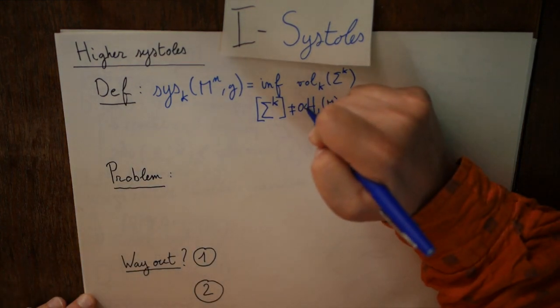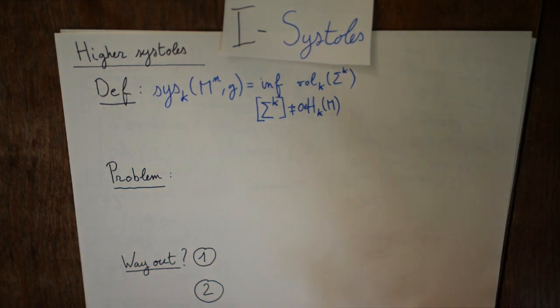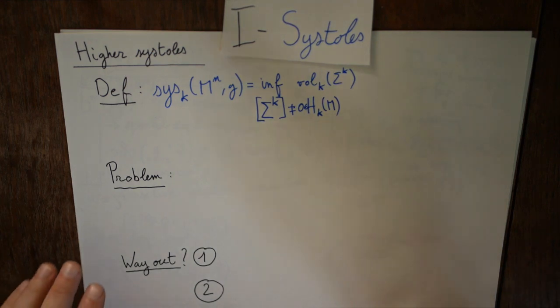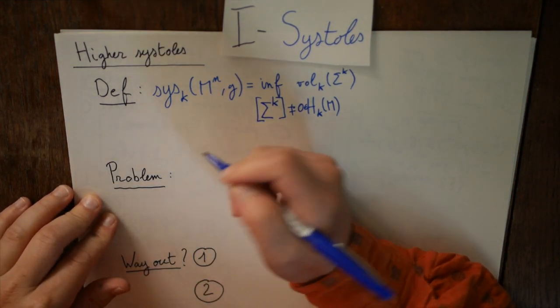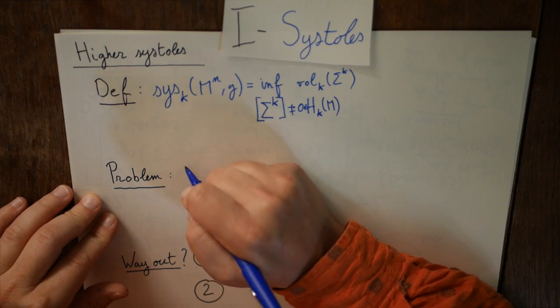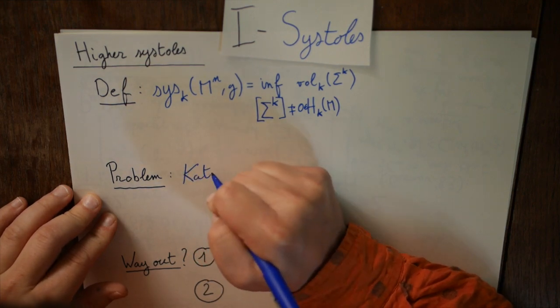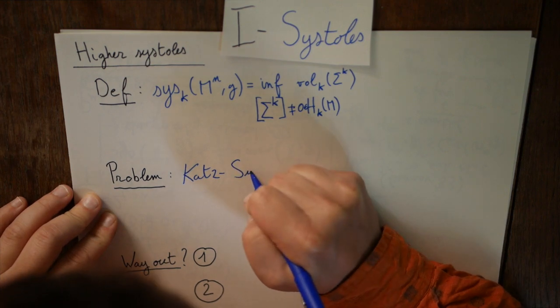and promising, but there's one problem: usually it's very hard to control those systoles, and one cannot expect to have such good results as we have for the one-systole. Namely, in the case of interest to us, this was noticed before in higher dimensions by Gromov. So there is a theorem by Katz and Suciu,